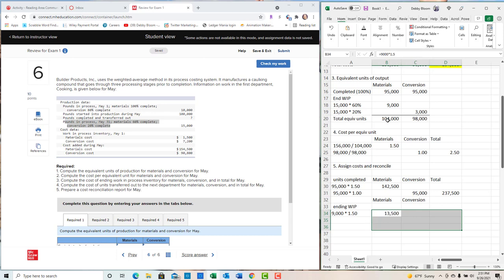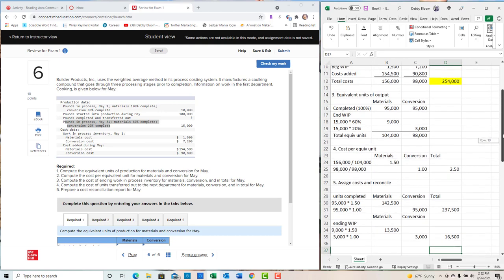Now we're going to do the same thing for conversion costs. So going to step 3, our ending work in process has 3,000 units, full and complete, related to conversion costs. And our conversion costs cost $1 each, $1 a unit. We calculated that in step 4. So our ending work in process has 13,500 in materials costs, 3,000 in conversion costs, and now we have the